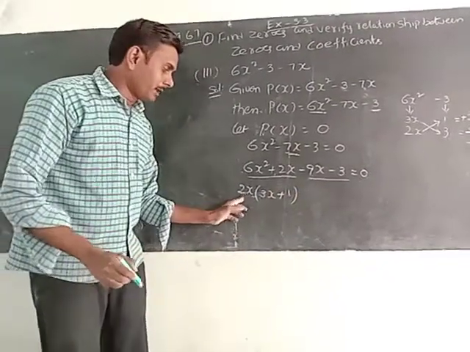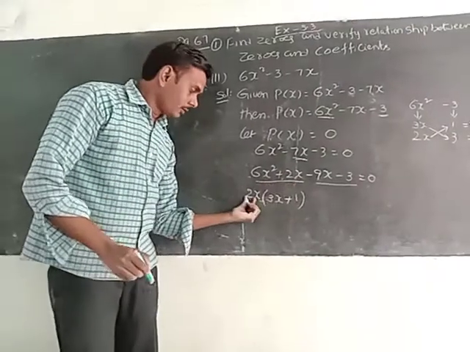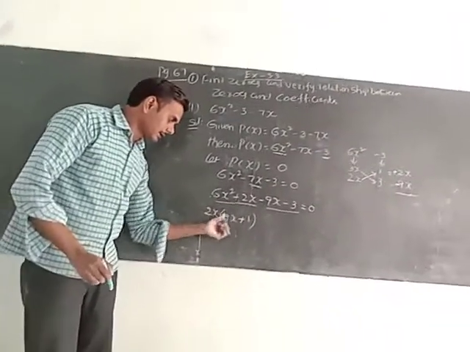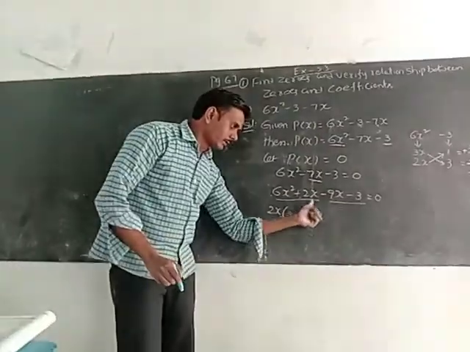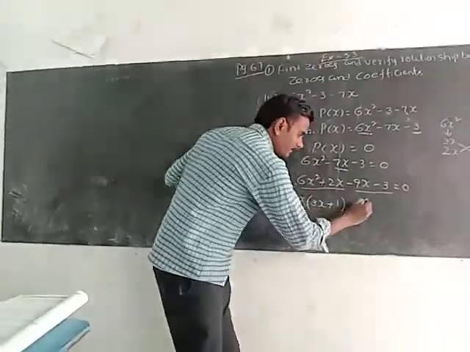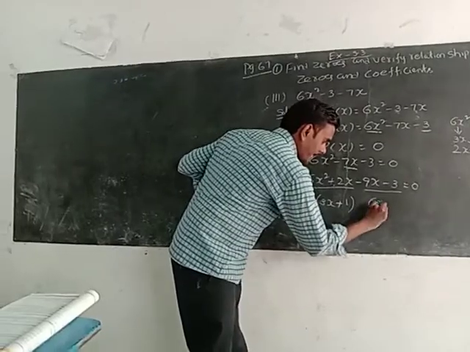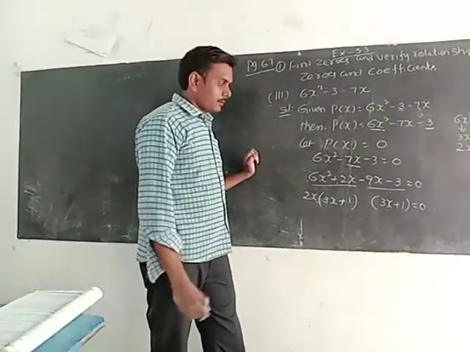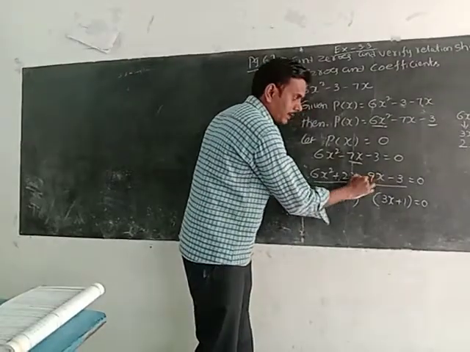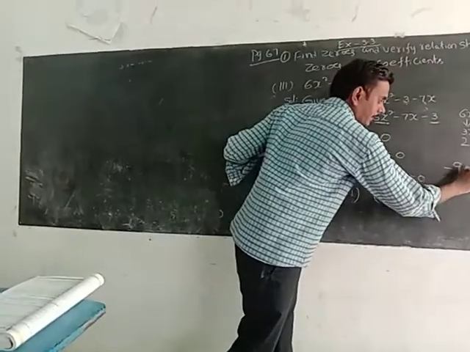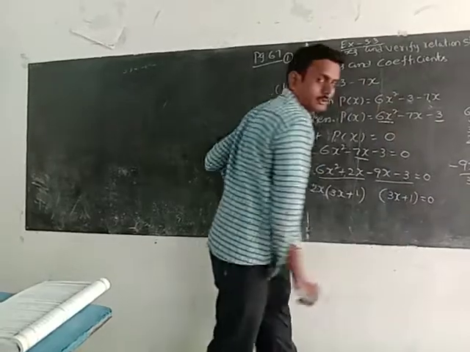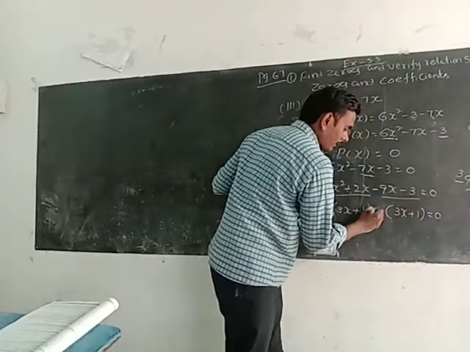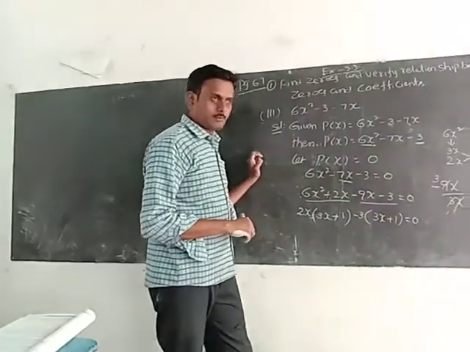That means by multiplying we will get the same thing. 2x into 3x is 6x squared. 2 threes are 6, x into x is x squared. 2x into 1 is 2x. Same, copy here: 3x plus 1 equal to 0. Okay, now divide this first term, 9x, by 3x. The x will cancel. 3 ones are 3, 3 threes are 9. What will be remaining? Minus 3 will be remaining.